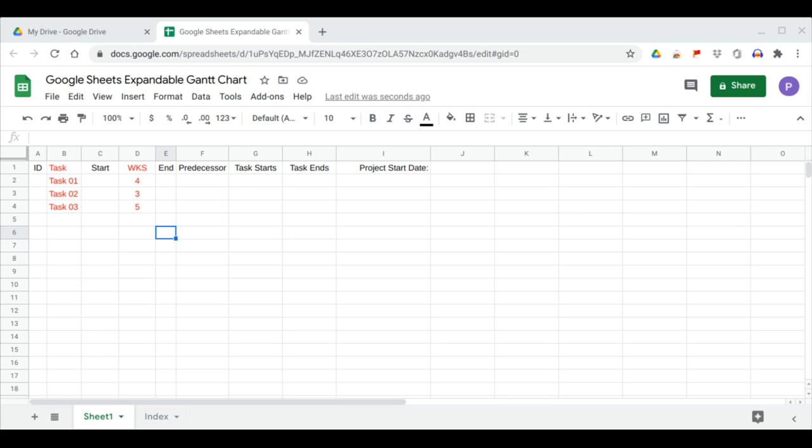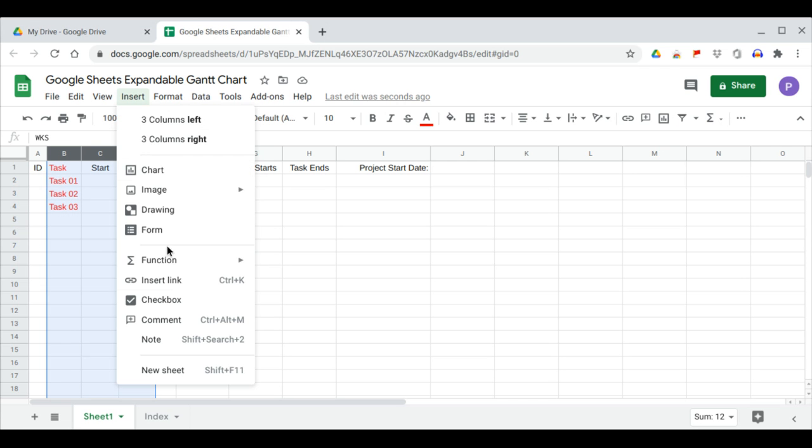In this video, we'll prepare an expandable Gantt chart using Google Sheets. So here we have a project with 3 tasks, and we'll insert the Gantt chart from this task. So insert chart,